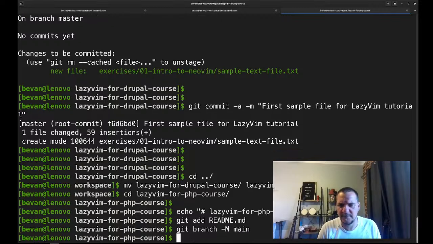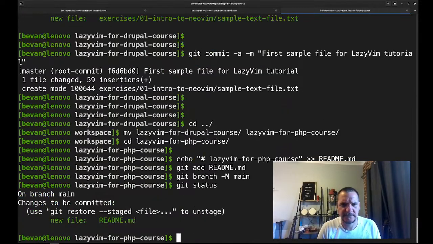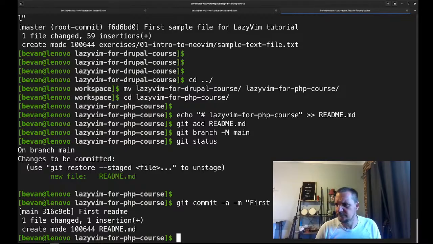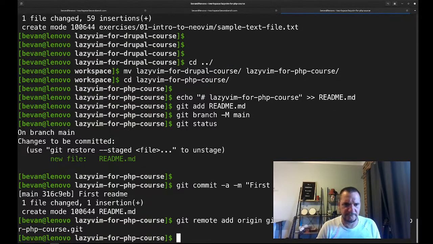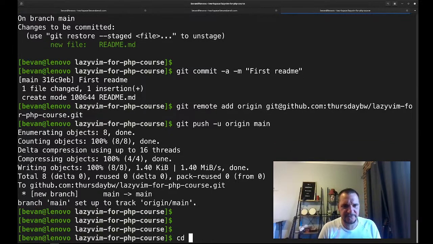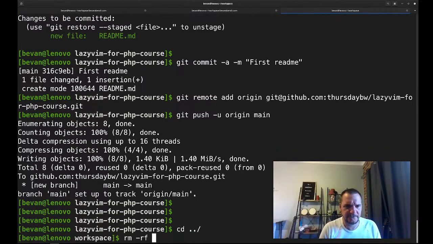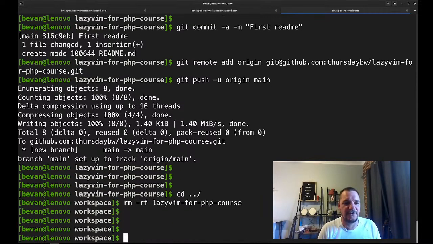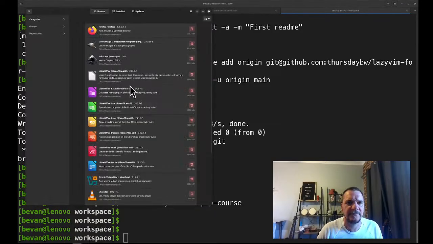It should already be on main. All right, let's push it up to Git. Neat. Let's get rid of it. Now, what do I want to do? To remove NVim. Actually,